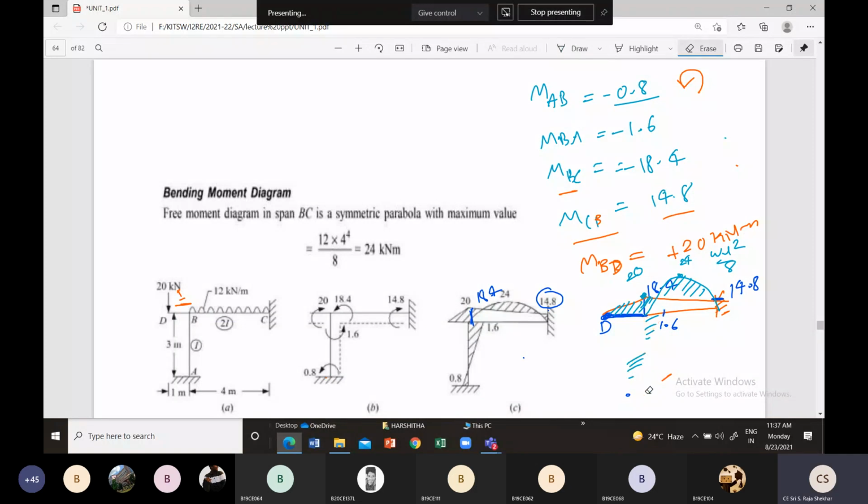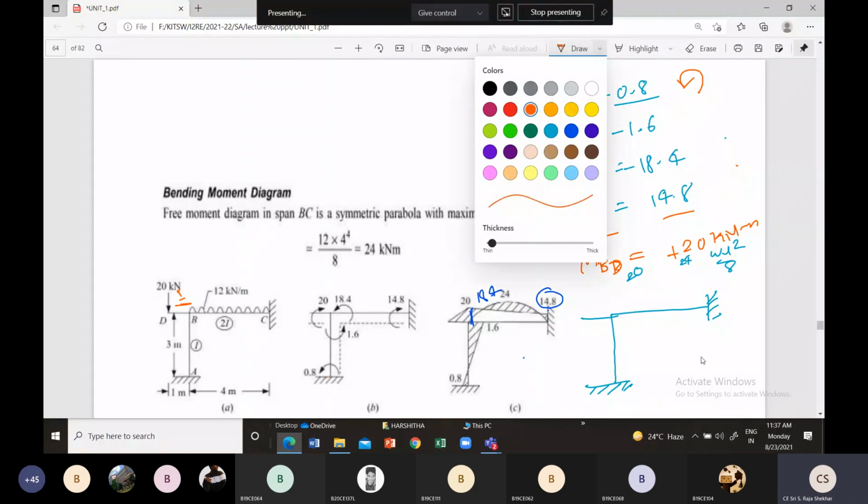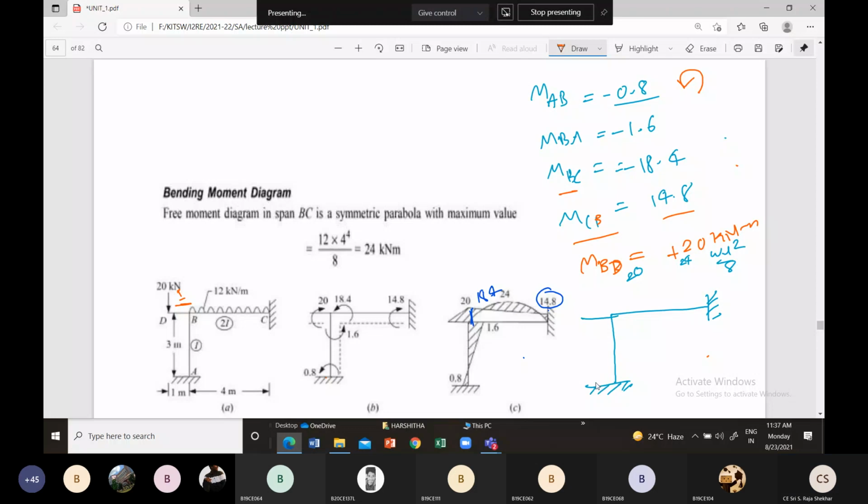Students, once again I'll explain the bending moment diagram. Students, just listen. For drawing of bending moment diagram, we have to draw the frame, non-sway frame. I've just drawn it like this. This is A, B, C, D. Now what you need to do is specify the fixed end points, that is, the fixed end moments. Final end moments we need to locate. So here it is 0.8. Here we have 1.6.